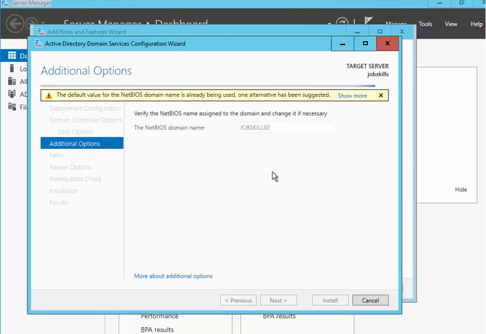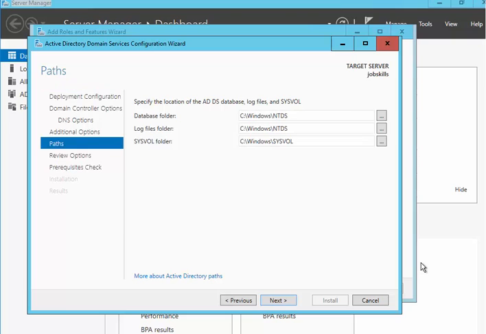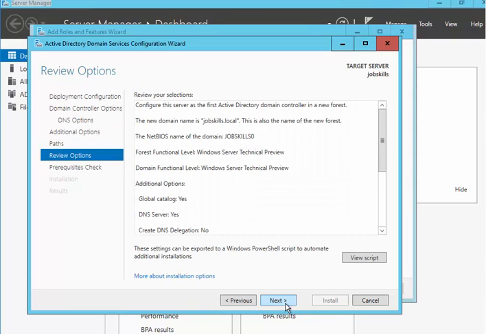So I clicked on next after that, and now everything is ready. So basically we'll just click on wait for this one, and the messages that you see on the top are fine for demo reasons. Just ignore those messages. And in this video I'm going to show you guys some of the tools that I use for quick response, like if someone called, my password is locked out and you're not sure if it's actually expired or not. So this is what you get after you click on next.